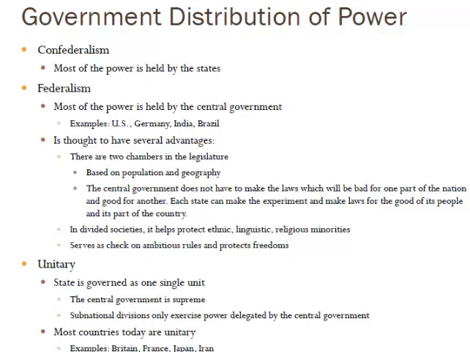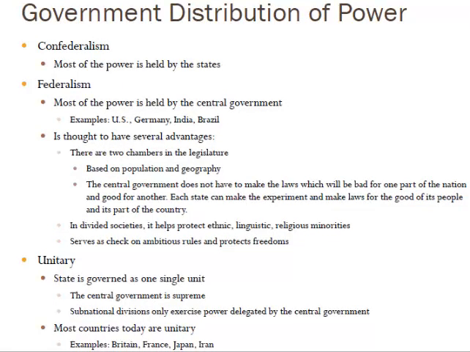For example, if you look at Israel, you have a mayor of Yerushalayim, but the mayor and the city council of Yerushalayim only derive whatever power is given to them by the central government. If the central government of Israel wants to change the power of the city of Yerushalayim, it can pretty much do that. In the U.S., it's a little different. We have federalism where the federal government, the central government, cannot take away the power of the individual states. In a unitary government, they can.